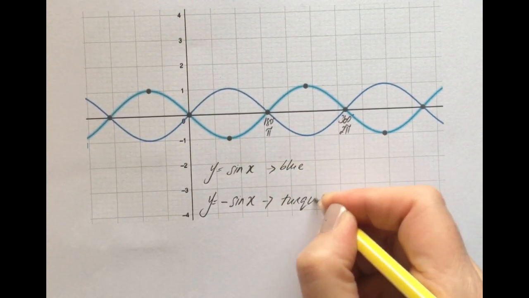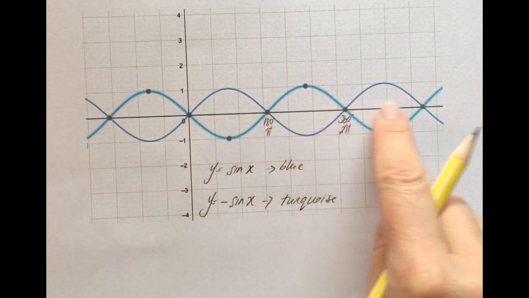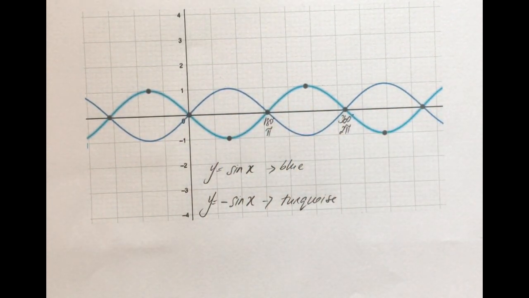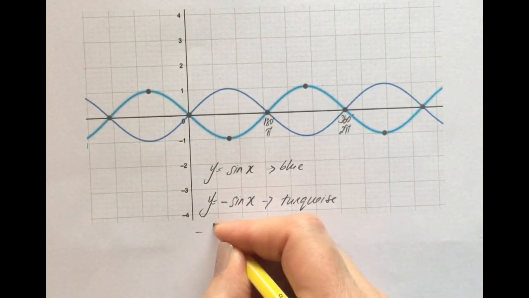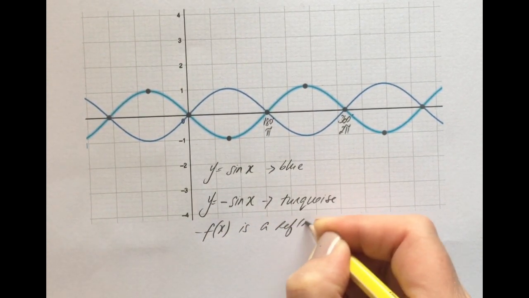So whenever you have a minus function, it is a reflection of the original f of x function in the x-axis. Minus f of x is a reflection